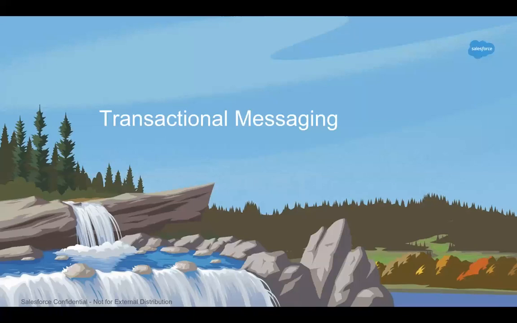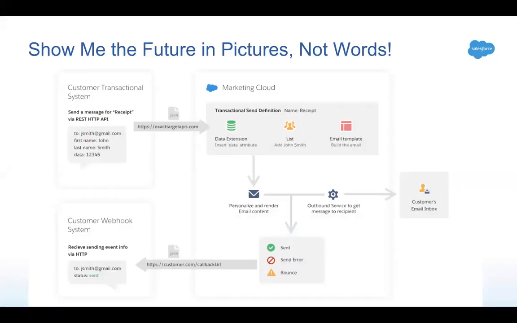So let's talk about taking that feedback that we've gotten and how we've applied it into our new transactional messaging service. This diagram here basically shows what we're seeing a lot of customers asking for, how they want to architect their services. So they're going to have a third-party system come through and trigger an event, a send event, using